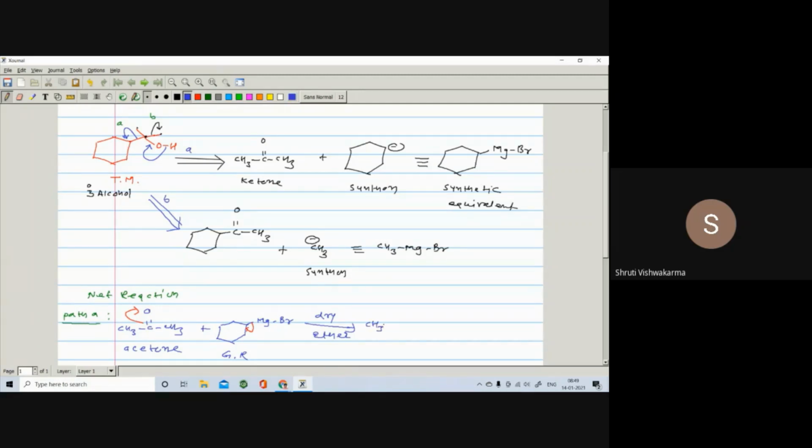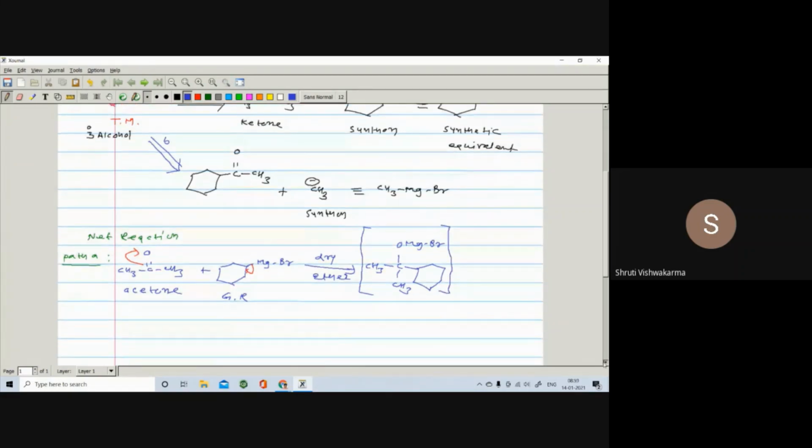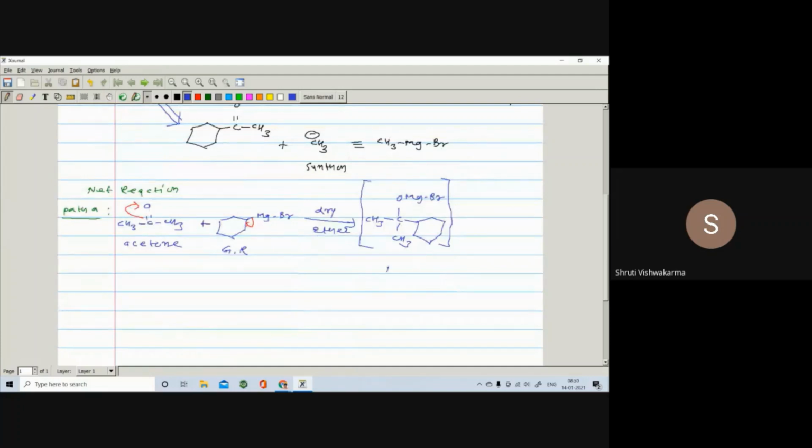CH3, here is your carbon, here is your O, MgBr, here is also CH3, and here is your cyclohexyl ring. You can put it anywhere. This is your magnesium complex. You know magnesium complexes are unstable, so you have to write it in the bracket. Further, it undergoes...